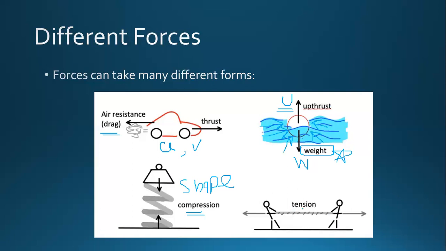Then tension एक और type का force है, जैसे कि it can take many forms. Tension क्या होती है? जैसे two people are playing tug of war. Tension is acting on this rope, दोनों डायरेक्शन में, this person is pulling the rope towards the left direction and this person is pulling the rope towards the right direction. दोनों ने क्या किया है, they have provided a tension force,